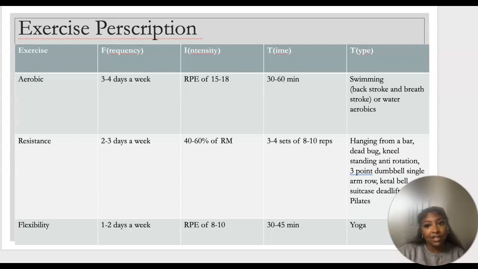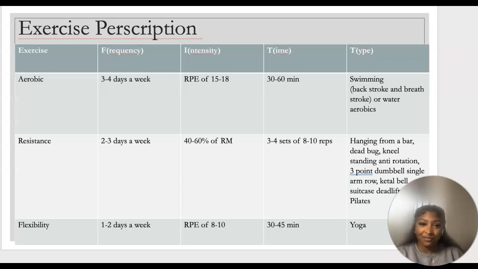For type, I decided to actually not stick with her running, though that very much can still be incorporated in her routine. But I want to introduce something new, such as swimming, because swimming is actually very big in a lot of research articles for scoliosis patients for aerobic health, because it basically doesn't allow as much pressure onto the bone. Because of gravity, it's more free. And the benefits of doing backstrokes and breaststrokes help with gaining muscle in the back. But if she's not familiar with swimming, another alternative could be water aerobics, which is, again, more beginner friendly